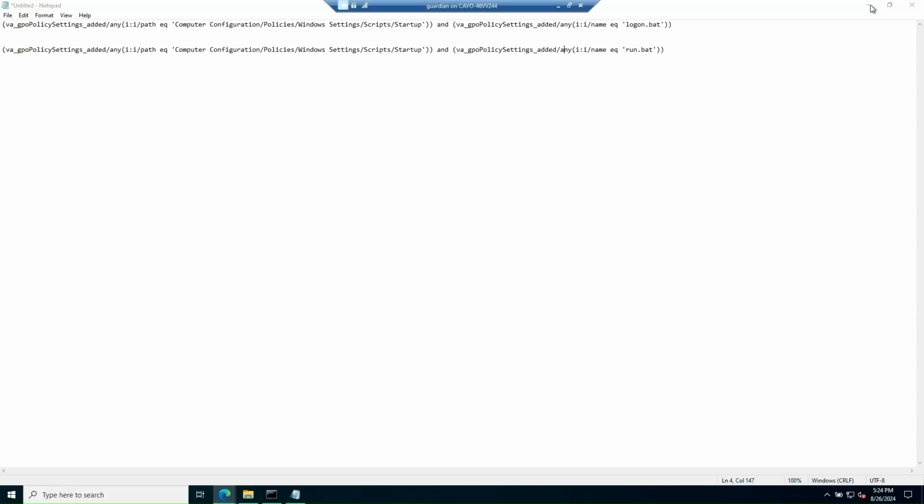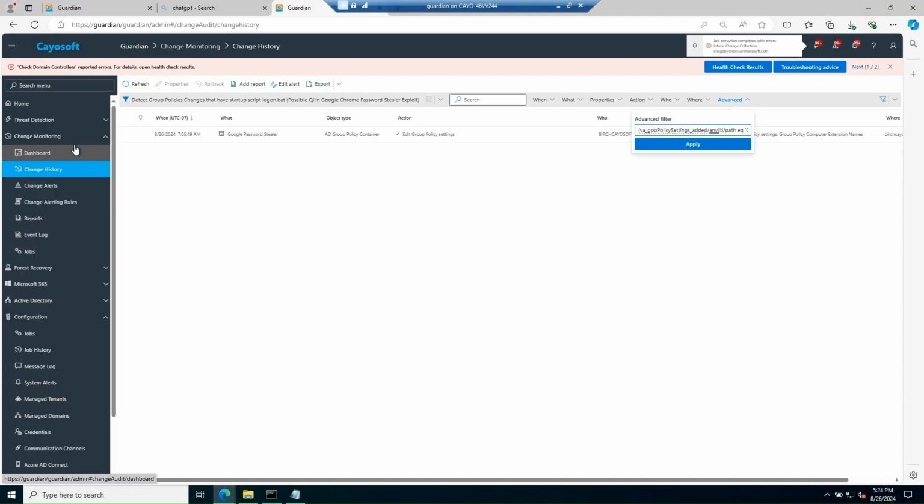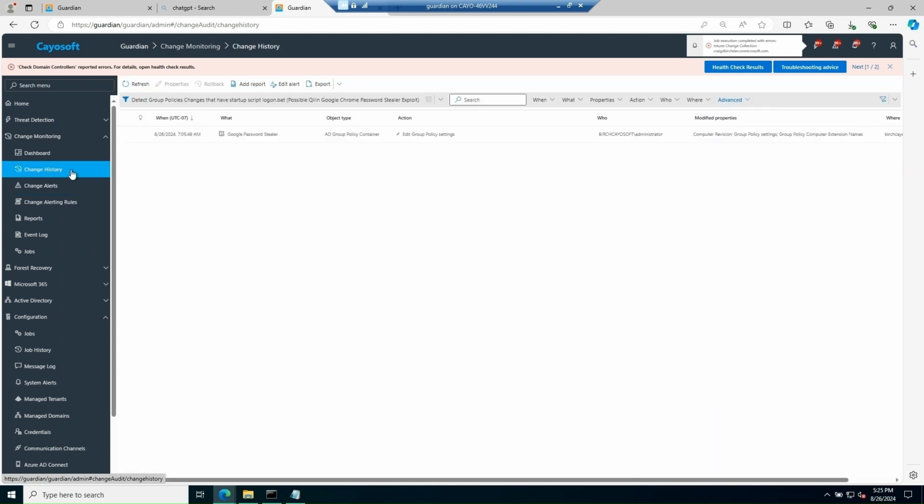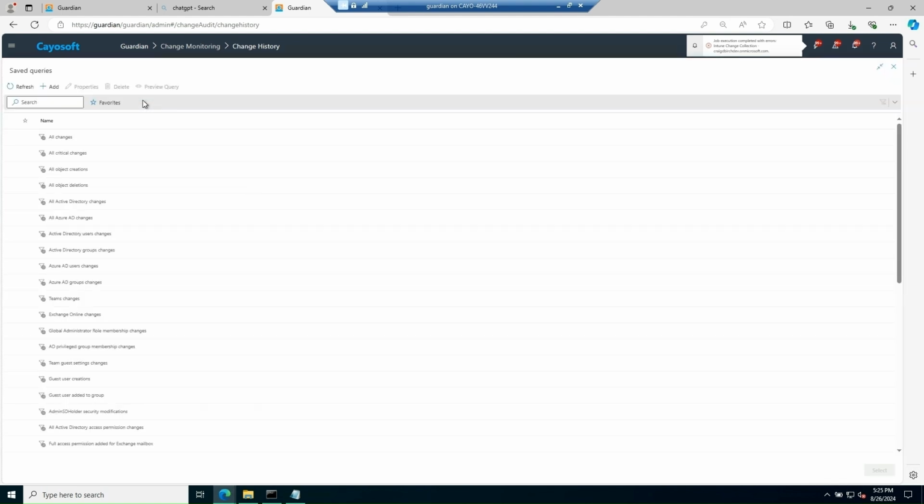So we're going to open up Chaosoft Guardian and click on the Change History tab. And what I want to do is go in and create a new change alert. So what we need to do is filter first, and I'm going to select all Active Directory changes. Once I do that, I'm going to select,